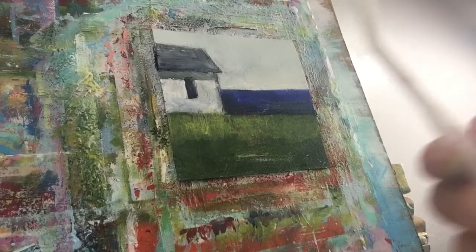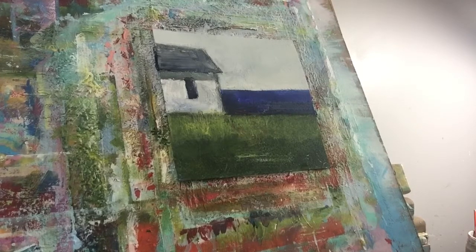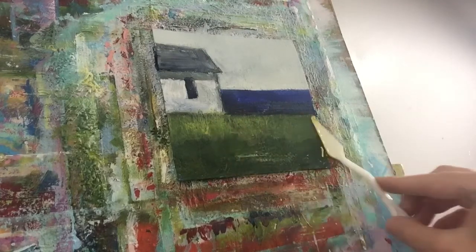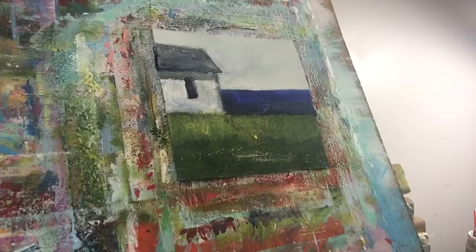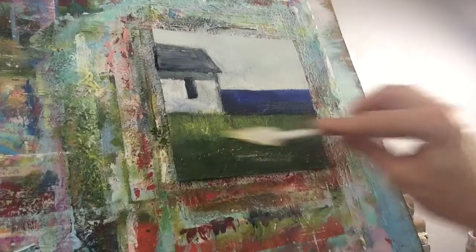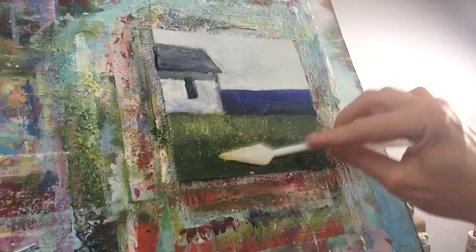I'm going to take a palette knife, get just a touch of that yellow, mix it with a little white. Kind of getting it really good on my palette knife, not too much. And I can always wipe this off if I don't like it, but I always love some yellow flowers in a field, so I'm just gonna,